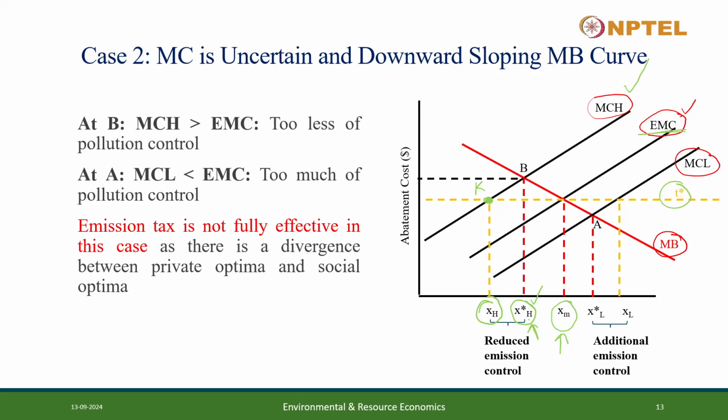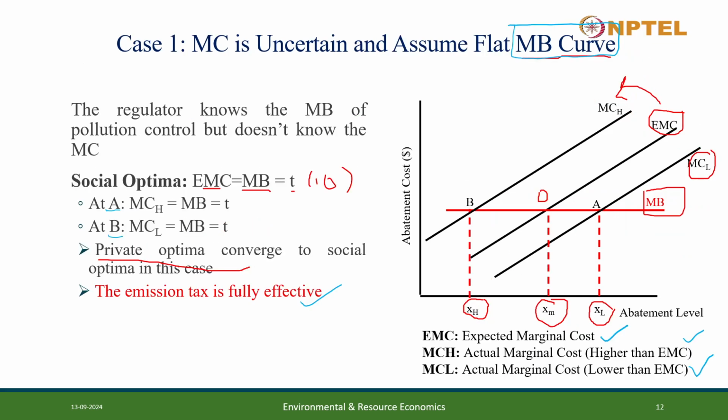So this difference is known as reduced emission control. So when the marginal cost curve is higher than the expected marginal cost curve, then in this case there is too less pollution control. However, let us assume another case in which the marginal cost might be lower than the expected marginal cost. Okay, so in this case,